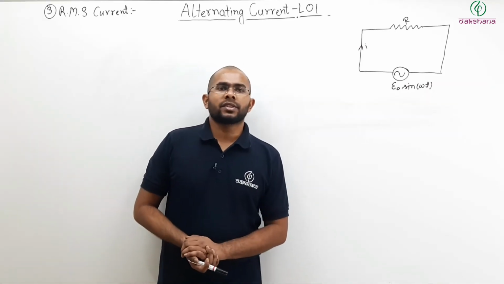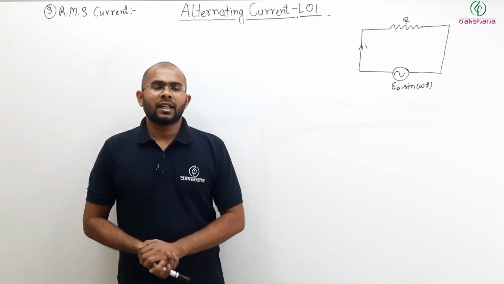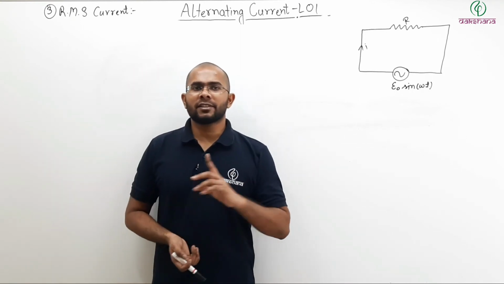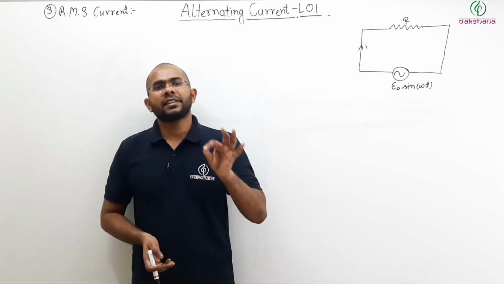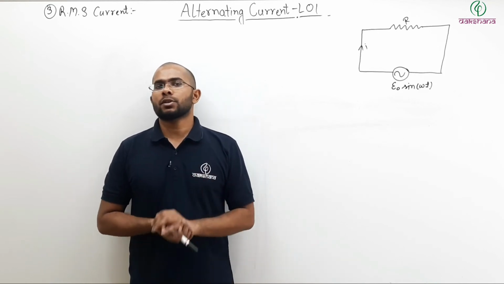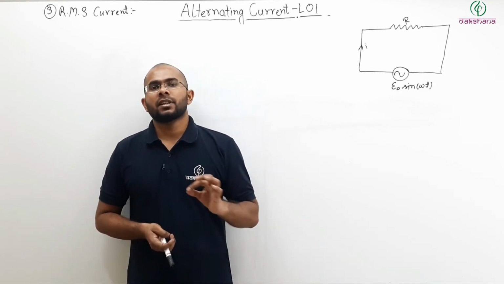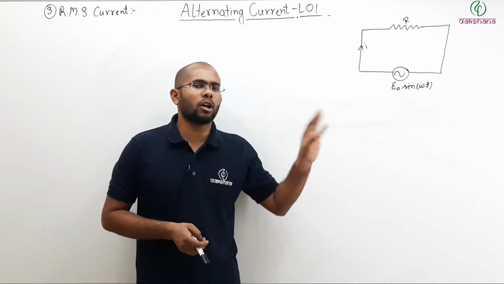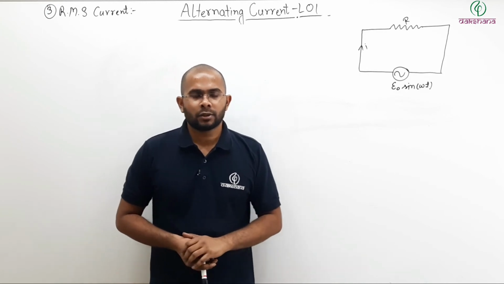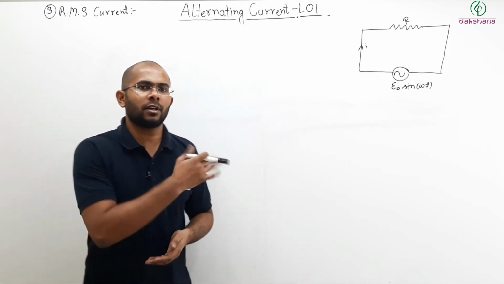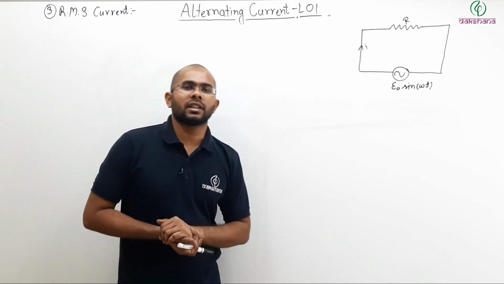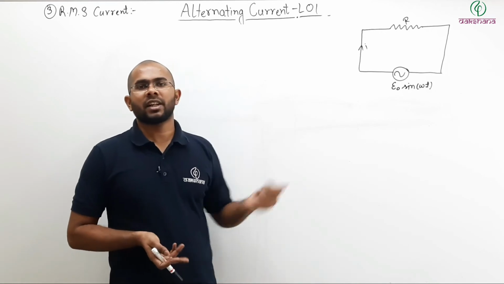Now let us try to understand what an RMS current is and why there is a need to define a new kind of current. So if you remember, in case of average current, if I take the average of a sinusoidal AC, for example, the power supplied in your homes is a sinusoidal current. If I take the average of a sinusoidal current for a very long period of time, let us say a time interval of 2 hours, 3 hours, 4 hours, like that, for that long period of time, the average is always 0. And if it is always 0, then how are your appliances working? They should not work because the average current is 0.